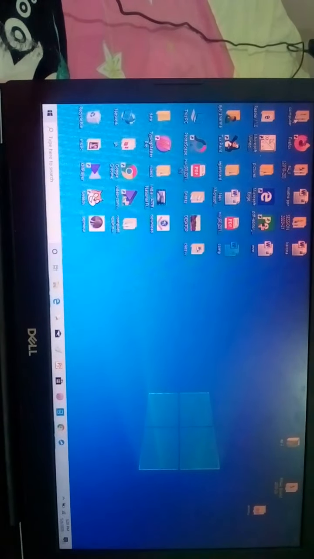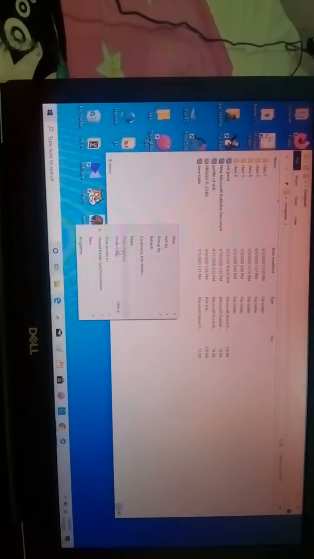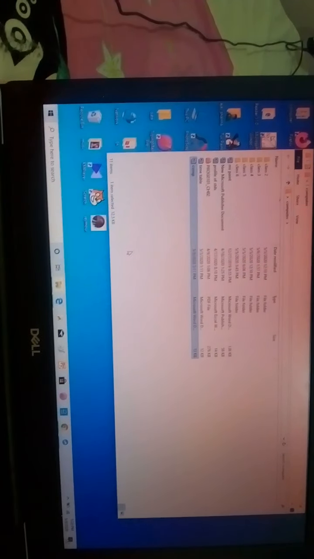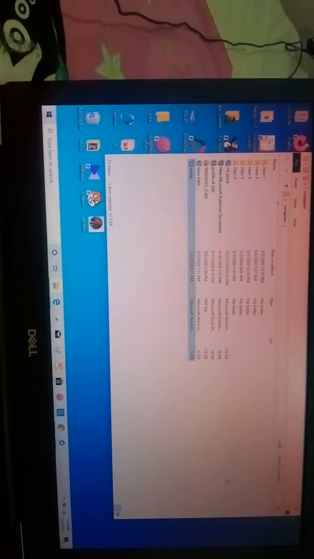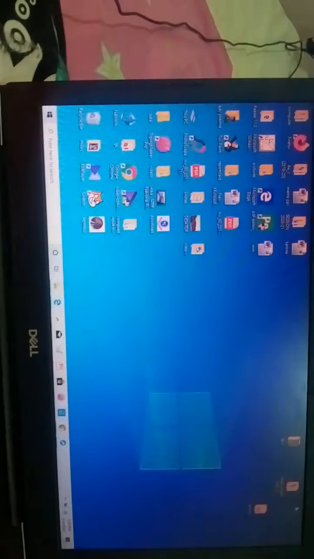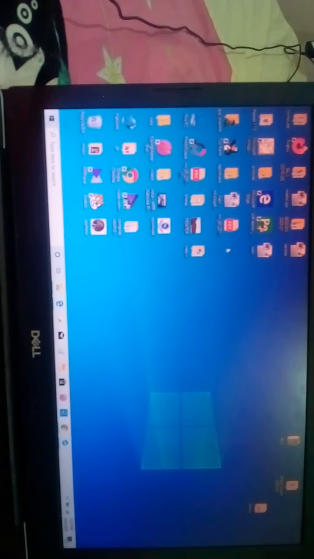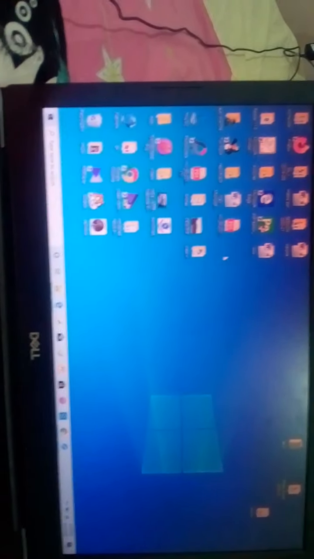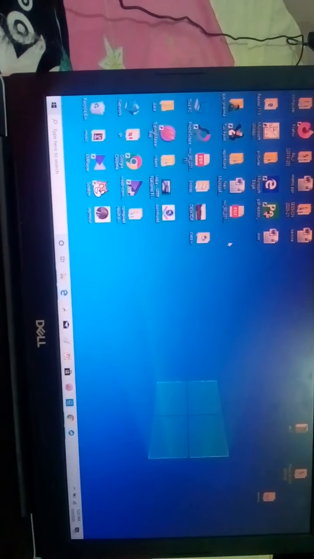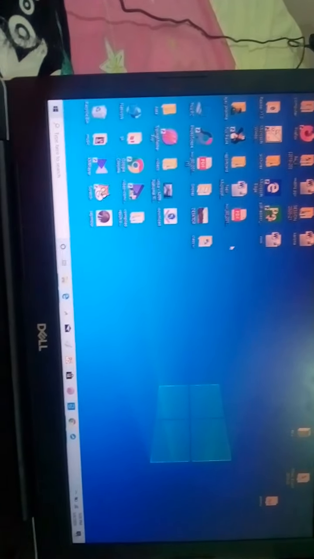So choose the paste option, right click and paste, or you can use the shortcut key Control plus V. So you can see your file has been moved from the original location to the new location. With the cut option you will not get your file in its original location. The file has been moved to the new location, and the shortcut key for cut is Control plus X.